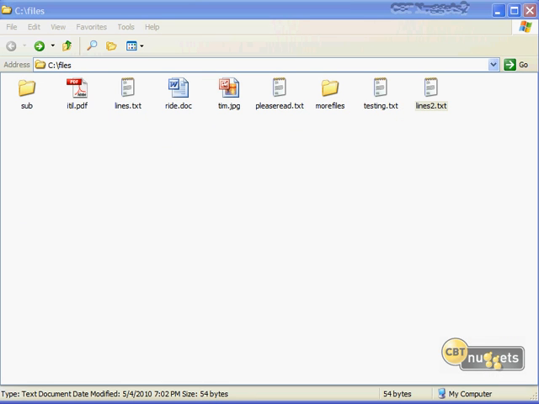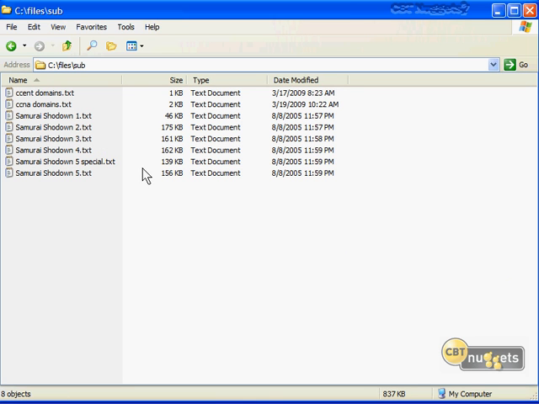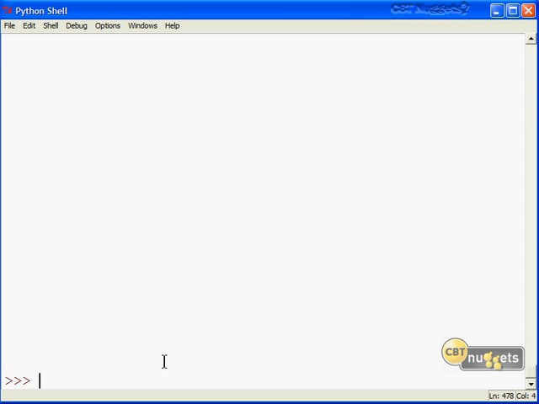Let's now walk a directory tree using os.walk and do pattern match searches with glob.glob. You're seeing our files sample folder where we have a plethora of different file types. We have a subdirectory called sub that contains a handful of files all containing the same extension. So let's fire up the Python shell now, and first let's verify where we are. We're still in the files folder.